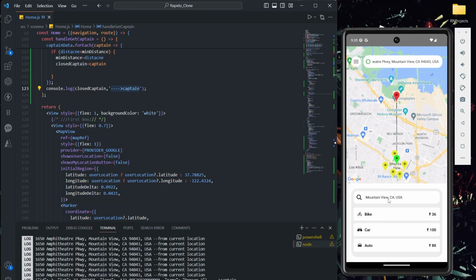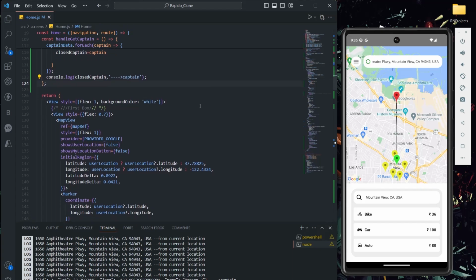Now we have to show that your ride is assigned to captain 2, and we have to show details also, right? Like whichever option the user selected, a price, some random OTP, these things, right? So let's do that also.